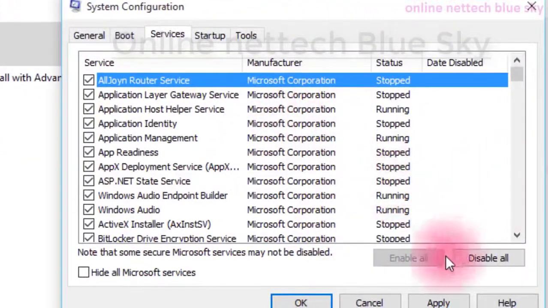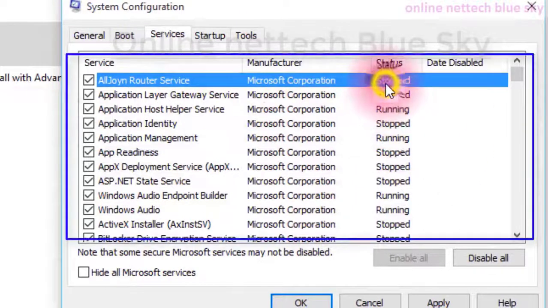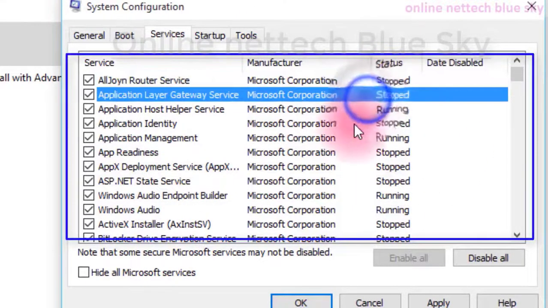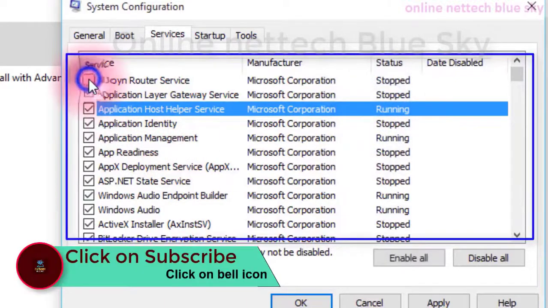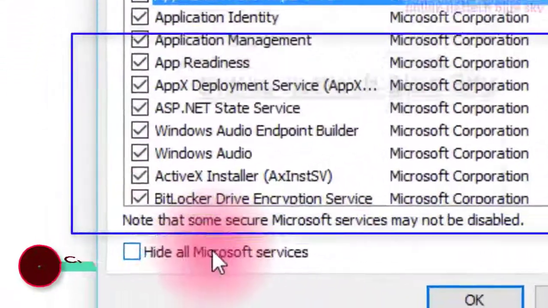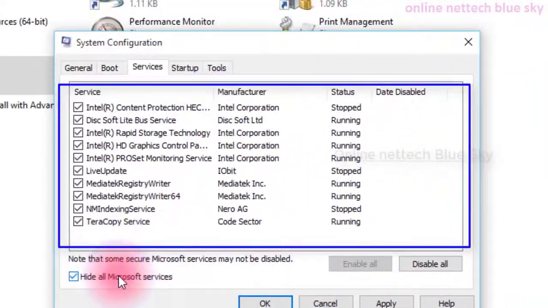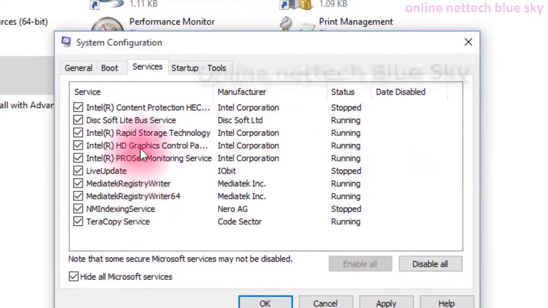So first watch my previous video, and after that, these are all the main computer services you want to check out here. So hide all Microsoft services means hide the Microsoft company's default services that start here, and this is all the services by software and by my driver systems here.